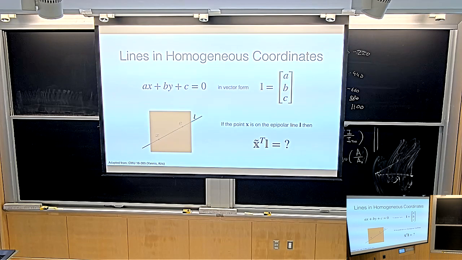And I told you that homogeneous coordinates are special in a way, and they're not just a fancy little trick. This is also not a coincidence, and there's some really cool math that you can do with these lines. For instance, it turns out if you have 2 points in 2D in homogeneous coordinates and you take their cross product, then you get the line that goes through them. This is a fun little fact. So 2 points in homogeneous coordinates, you take the cross product, you get the line that goes through the 2 points.